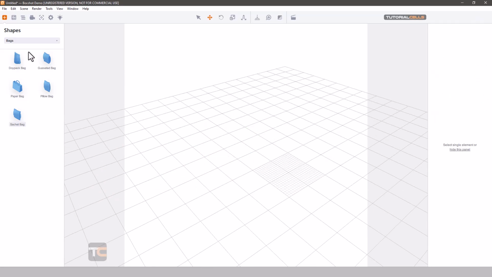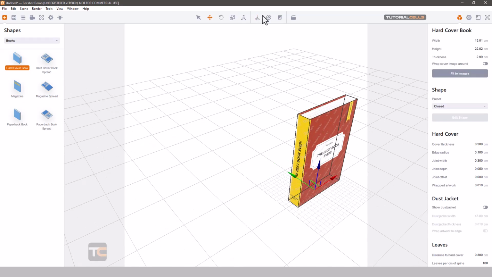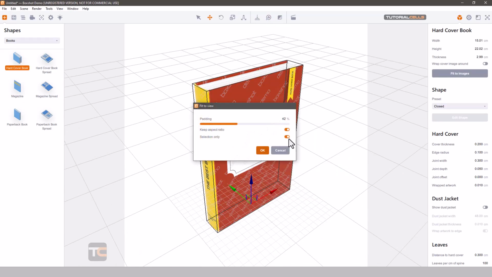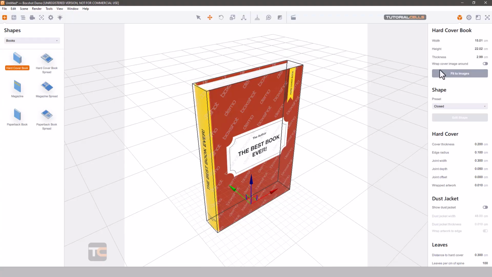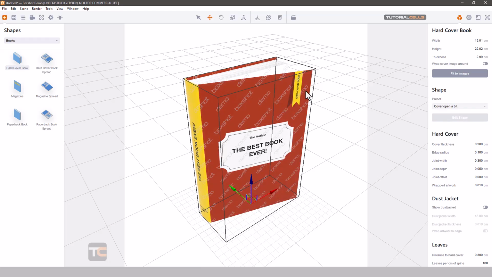Okay, this is a bag. You can change to the book. You can see we have a different book and magazine here. The settings are also the same. You can change width, height, texture, and wrap the texture around. You can make the texture open, close,